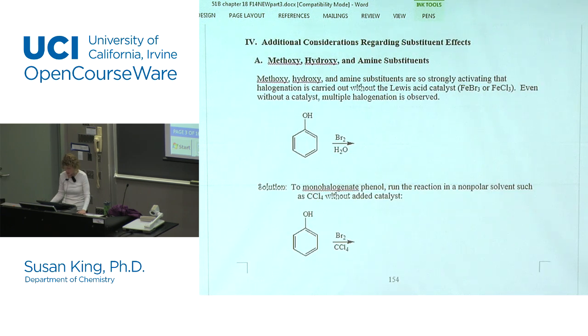Methoxy, hydroxy, and amine substituents are more complicated than they would seem. Methoxy, hydroxy, and amine substituents are so strongly activating that halogenation is carried out without the Lewis acid catalyst, FeBr3 or FeCl3. Even without a catalyst, multiple halogenation is observed. So if we take phenol and put it with bromine and no FeBr3, just water as a solvent,